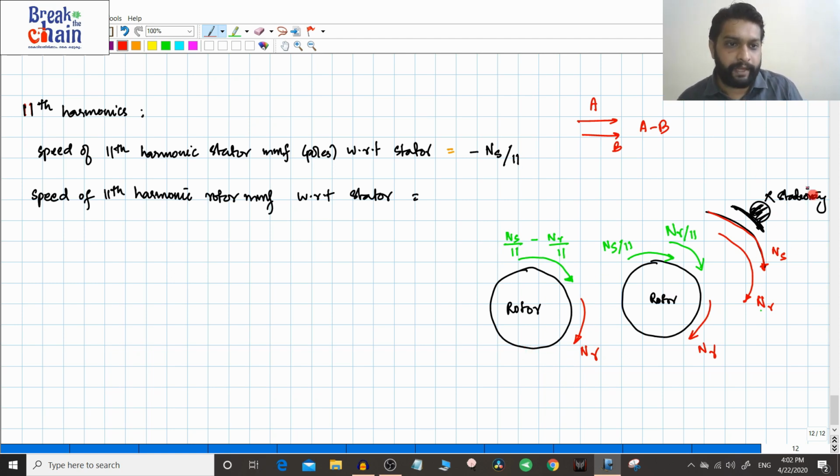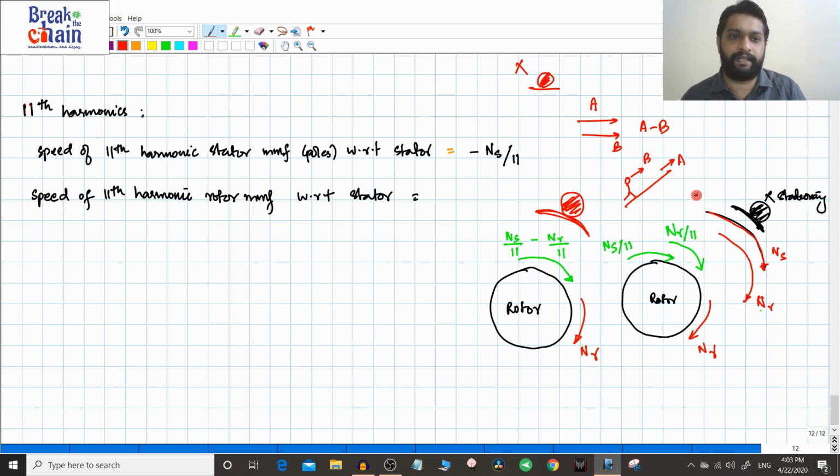Now with respect to the stationary structure, this is your stator, what will be the total speed? I have already told you. Here, for example, I have a person x who is stationary. With respect to this person x, the speed will be a plus b, because both are in the same direction. Remember the escalator example. If the escalator is going up with the speed of a, and a person on top of it is running with the speed of b in the same direction, then if I am standing stationary and see the total speed of the system, it will be a plus b. If he is going down, it will be a minus b.